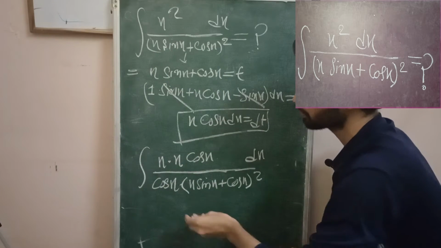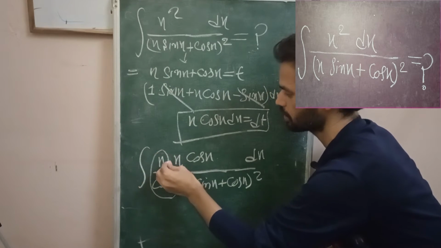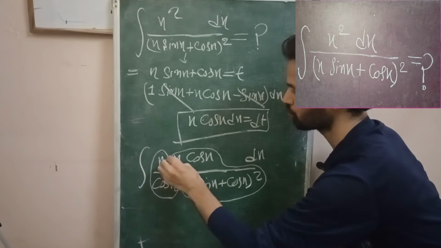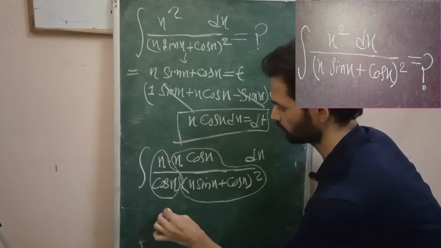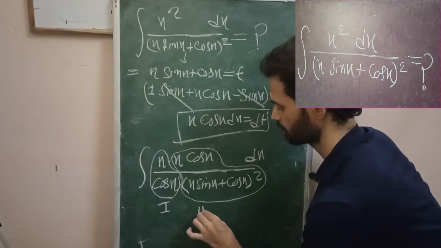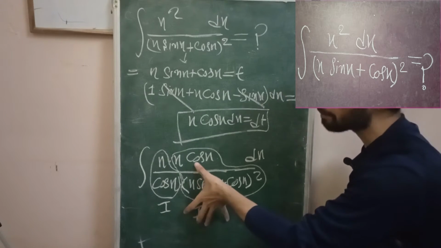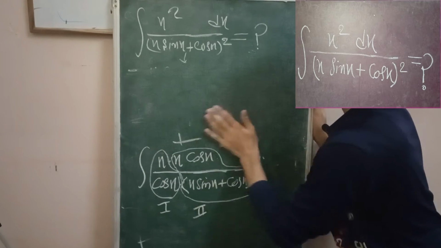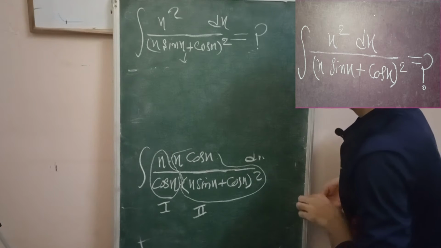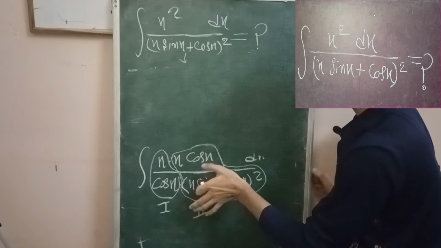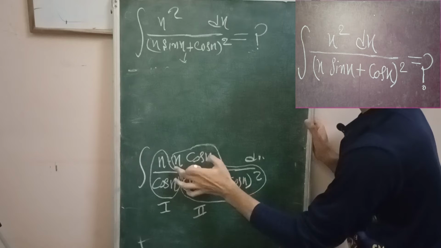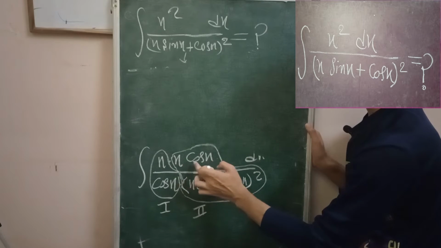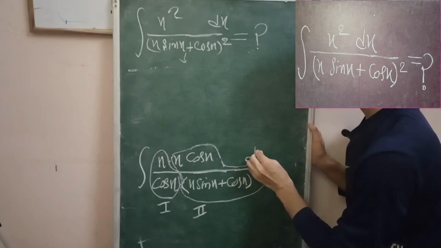Okay, perfectly. So this function, if you see, this one is one and this is another one. So these are two functions, first function and second function. Now we will apply here what? Euler rule. What rule? Euler rule. So up to this we have done. Here x cos x, whenever we put this equal to t, upside will come x cos x dx is equal to dt.